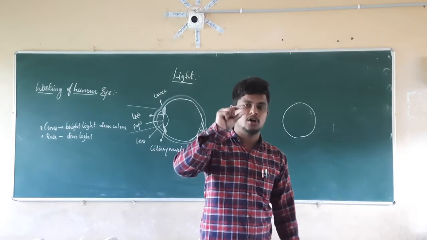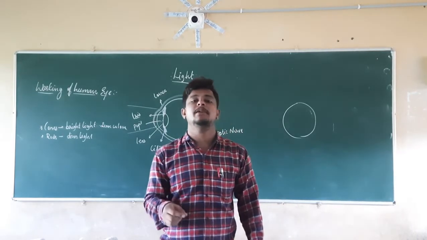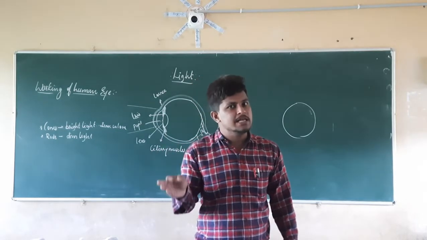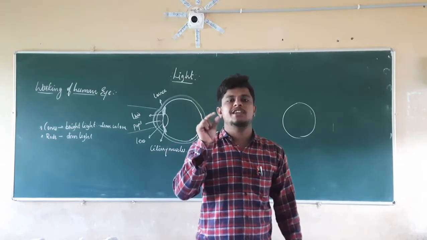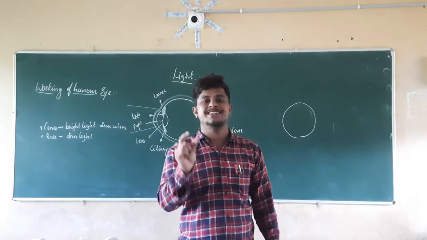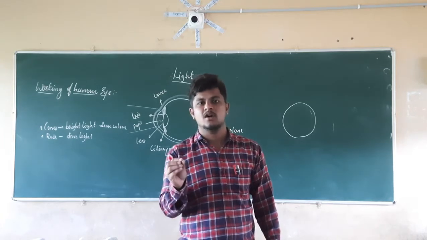It will become smaller. When it becomes smaller, the amount of light which is entering into our eyes will be less, but it is going to give a clearer image. So for that reason, our pupil is going to change its size so that we can see the things clearly and there will be no harm to the eyes.